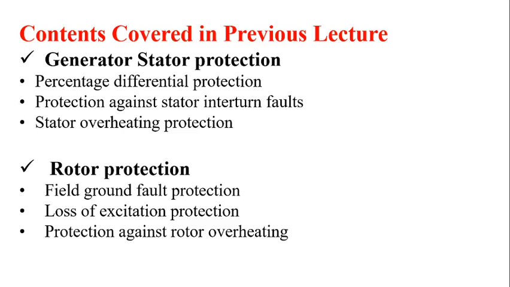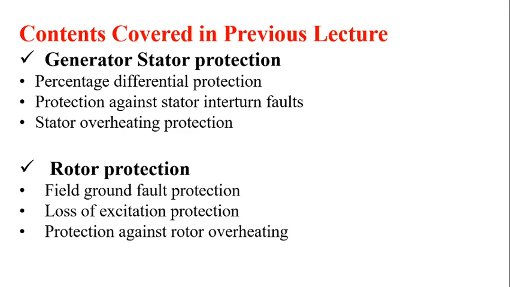And for stator overheating protection, here we make use of the Wheatstone bridge along with a temperature resistive indicator. It may be either a thermistor or a thermocouple. Under balanced conditions, all four arms have the same value, so no current flows through the operating coil of the relay, and the relay is not going to operate. When overheating occurs and the measured temperature is higher, unbalancing of the bridge occurs and current flows through the operating coil, so the relay is going to operate. So this is about the protection of the stator part.